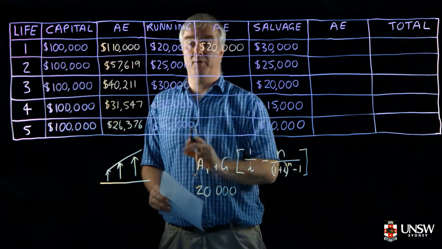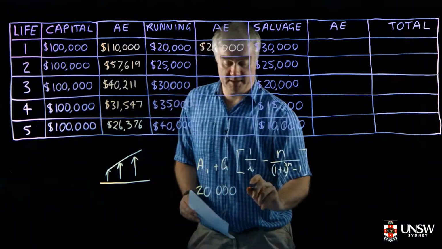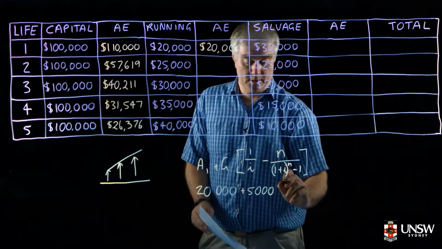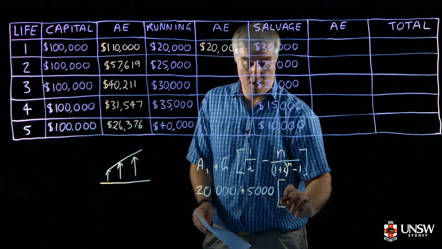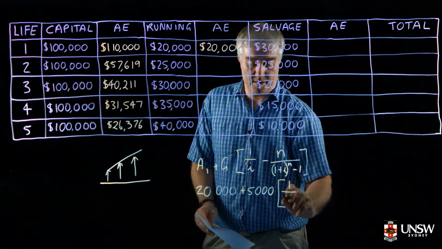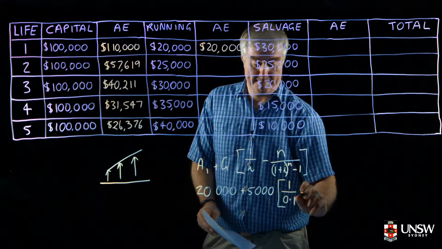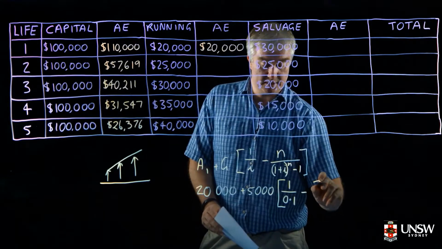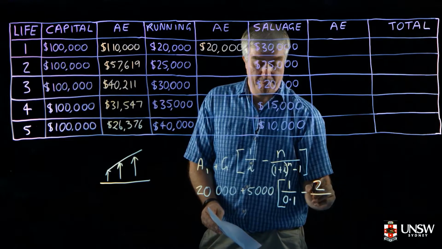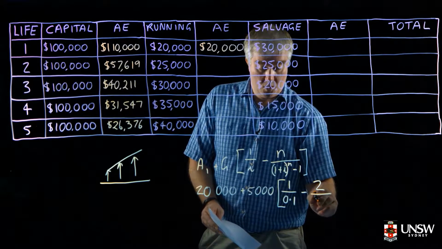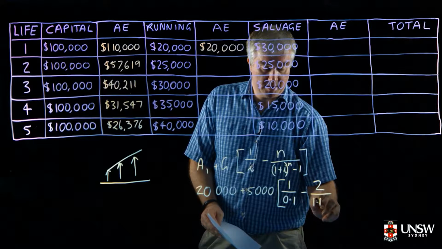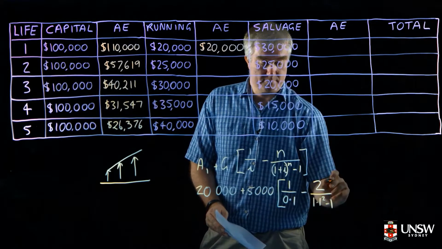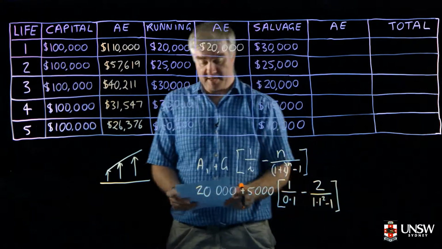G is the amount we're growing, so in this case it's $5,000, times 1 divided by the discount rate, which is 0.1, minus, we're talking about 2 years in this instance, divided by 1.1 to the power of 2 minus 1, which gives us